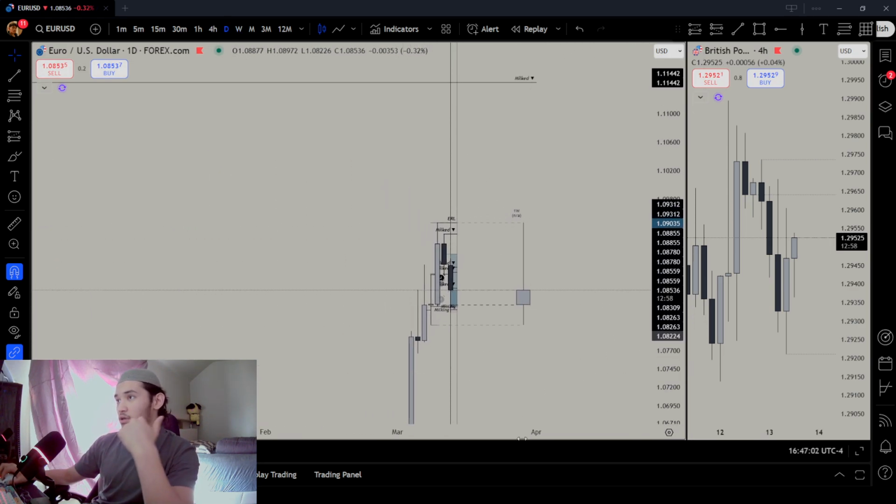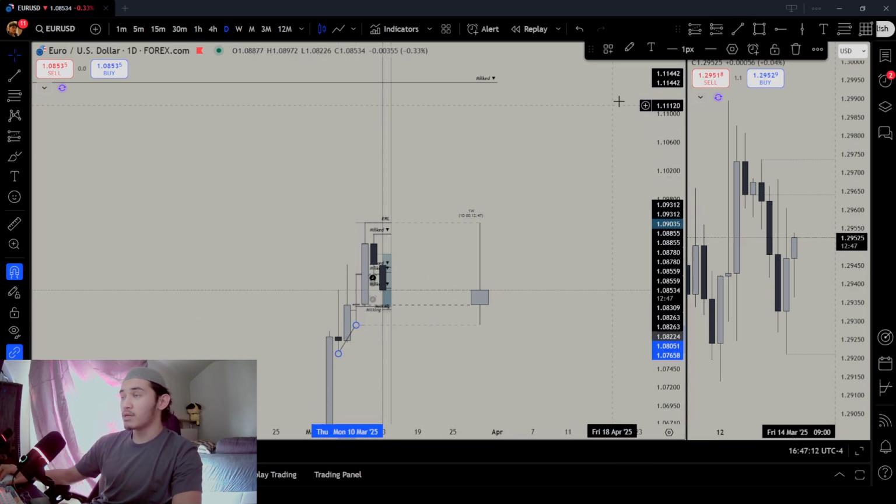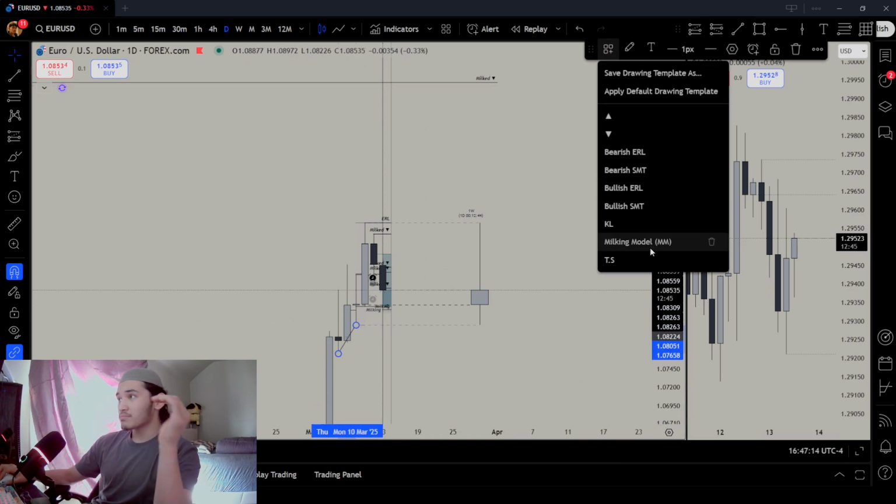The reason I was looking for a long: keep in mind, we had a classic expansion profile 2 to the downside as well, Tuesday, half of the week. We also had a bullish one right over here. For our bullish side, we had an SMT divergence with the Monday low. Since we have an SMT with the Monday low, which has been holding for the past couple of days, it's stronger than the SMT right over here, because we had an SMT divergence with the Wednesday candle. Tuesday and Wednesday had SMT. The market did a huge plummet to the downside, and we tapped the CRT low